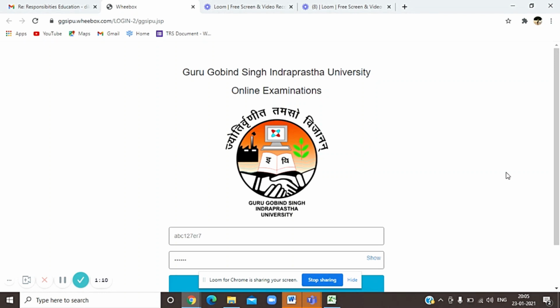Once the form has been filled in all aspects, the candidate needs to use the same login credentials that were received on the email to take the mock and to take all the exams that have been given according to the schedule.